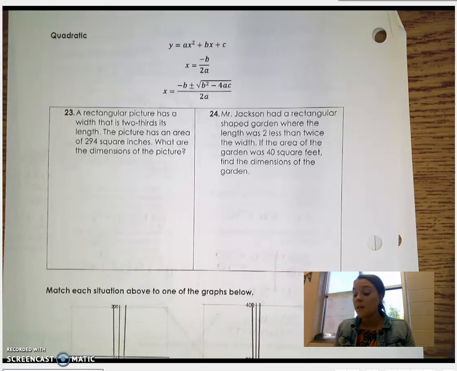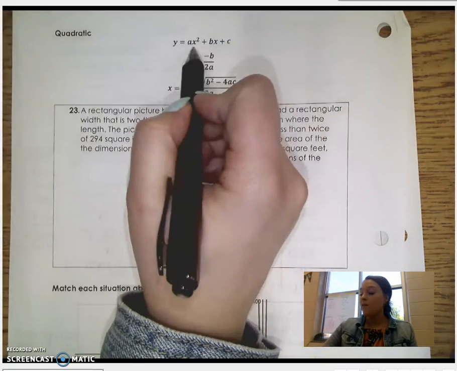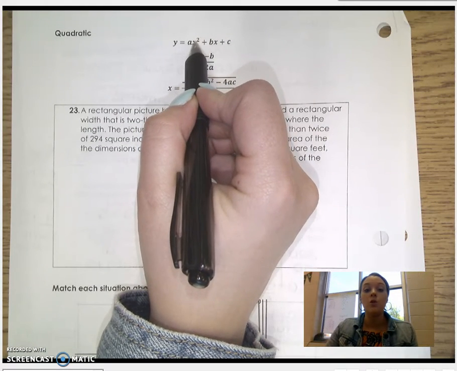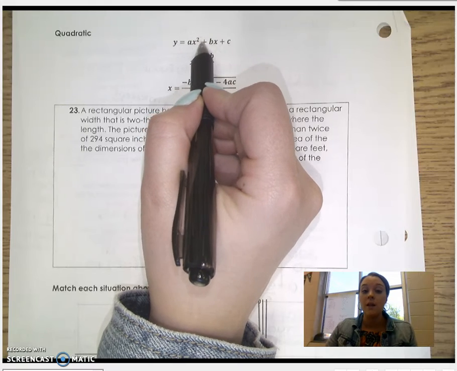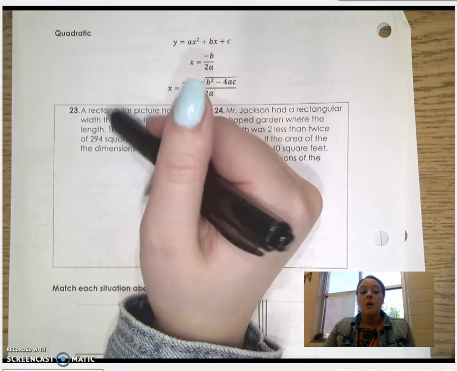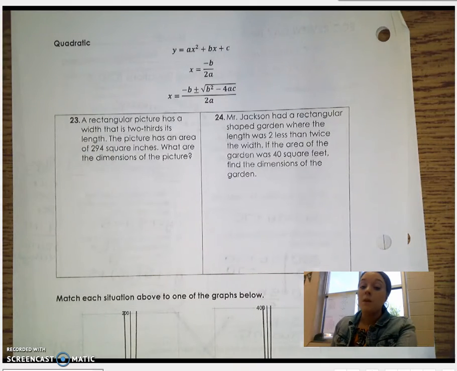The second type of function we talked about this year was quadratic functions. And remember that quadratic functions have an x to the power of 2, and 2 is the highest degree, meaning 2 is the largest or greatest exponent in the entire polynomial. When we are talking about quadratic word problems, most times you're going to have to draw a picture because most